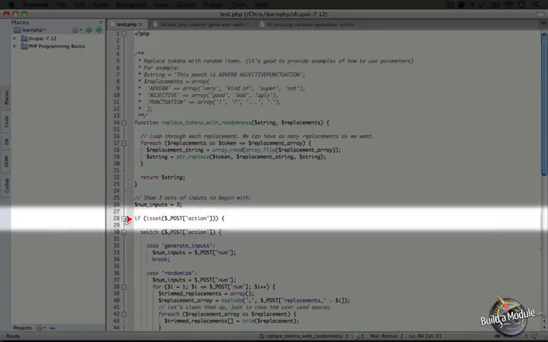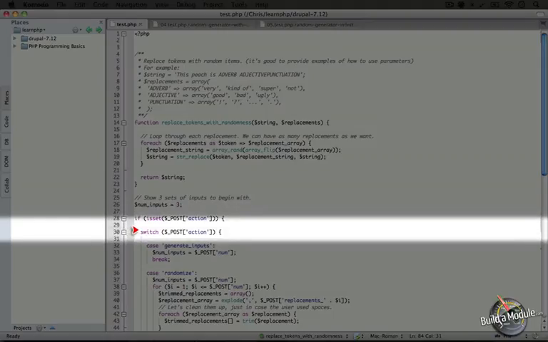Now this will return true because we do have an action. Next, what we're going to do is switch based on that action. Now we used a switch statement in one of the previous videos in almost this exact same context. So if you're curious about how switch works, go ahead and take a look at that video. But what we're doing here is switching on the value of the action. Since we have two forms, we're going to have two potential values.